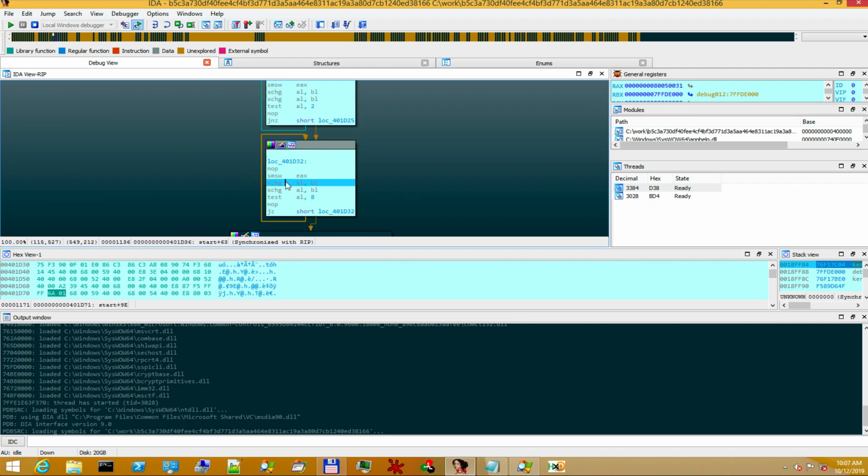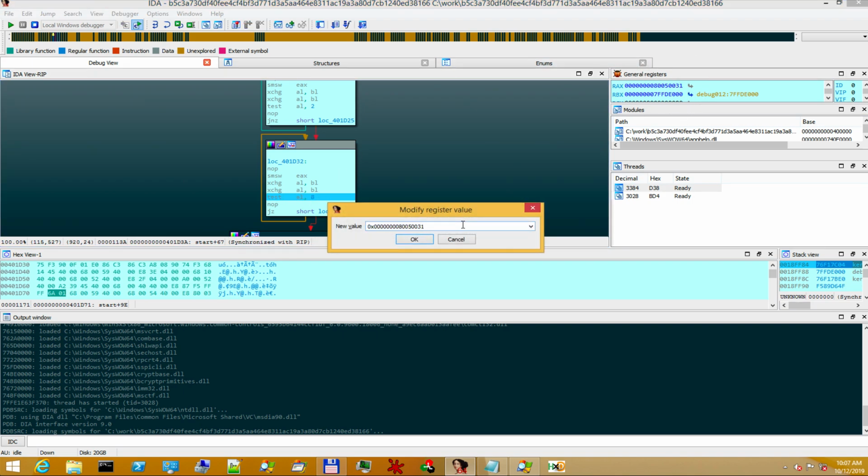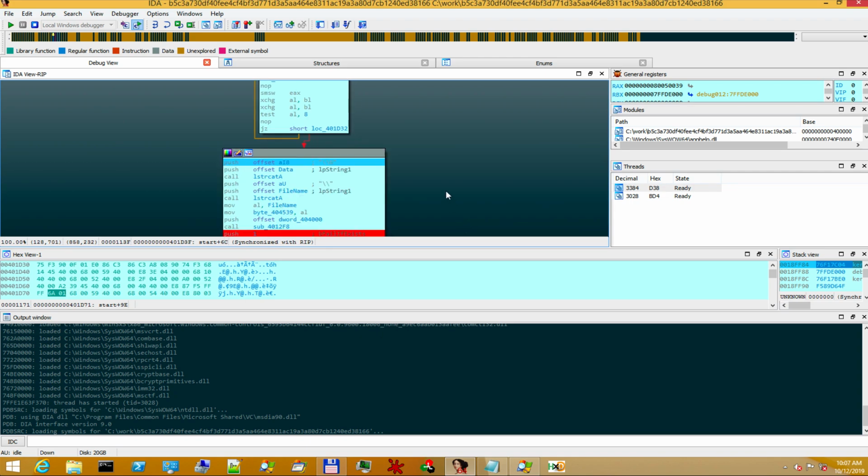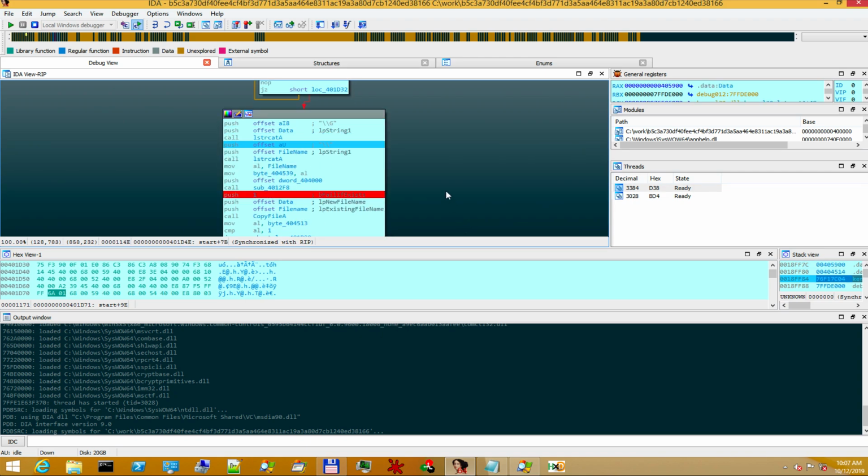Remember, we have to patch the test instruction. Increase the value of the EAX register by 8 to get 39. F8 again, and notice that now the execution continues. If we let it run, we reach our second breakpoint.